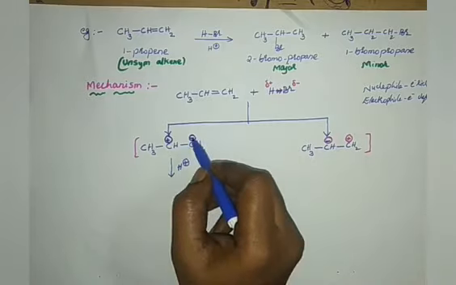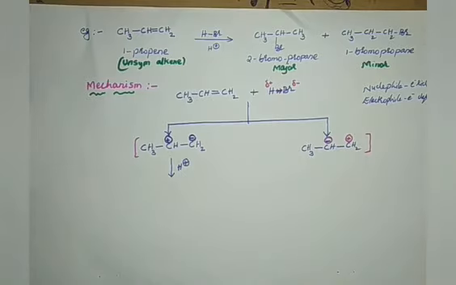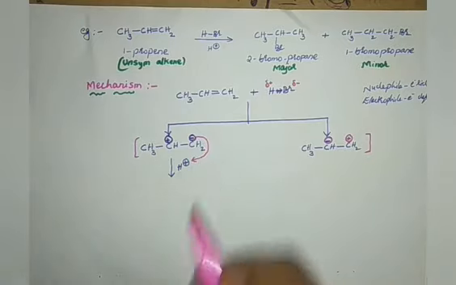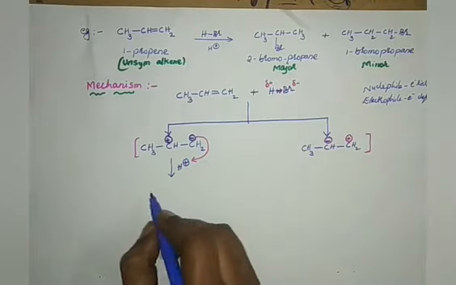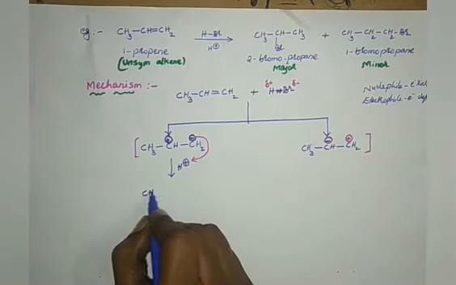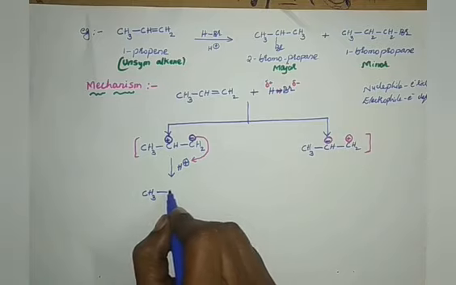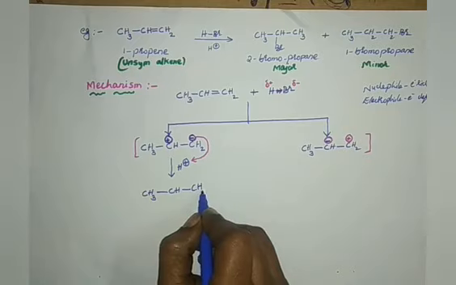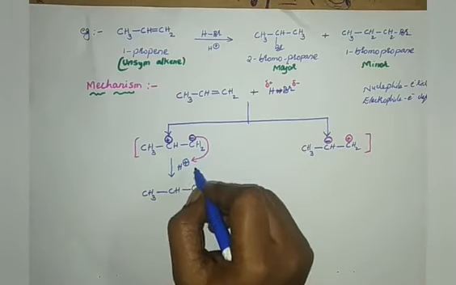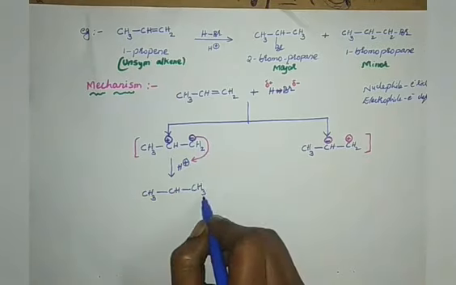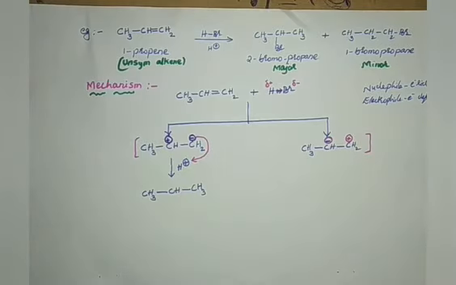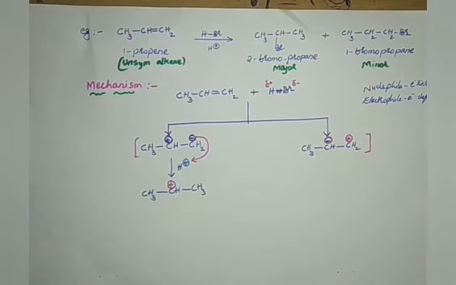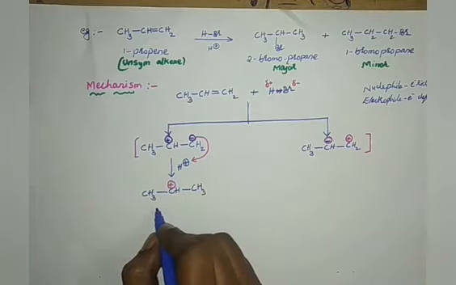So definitely a negative charge will add on to the positive charge, right? Therefore this will attack onto this positive charge and forms CH3, CH with positive charge. I can write directly CH3 instead of writing CH2H, because this H adds on to it, and already a positive charge is there on the second carbon. Therefore let me write the positive charge as it is, and this species is called a carbocation.